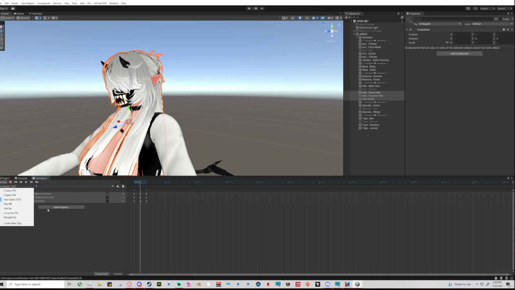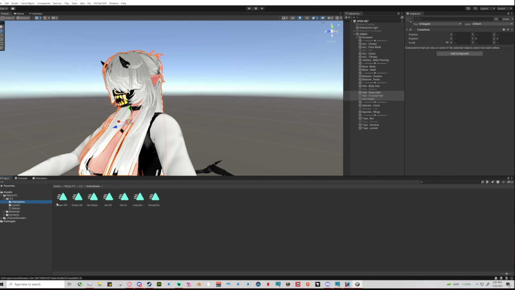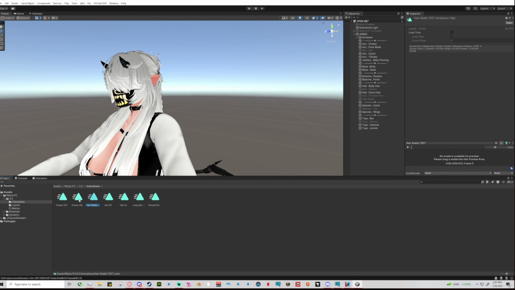So I will show you guys, like I said, how to do it to where you could have them all as individual toggles instead of on a radial. But that's not going to be on this page, I guess. So I'll show you guys that whenever it comes time to actually set up the toggles. We have all the animations we need for it. But if you, let's change this to, just for easy sake,